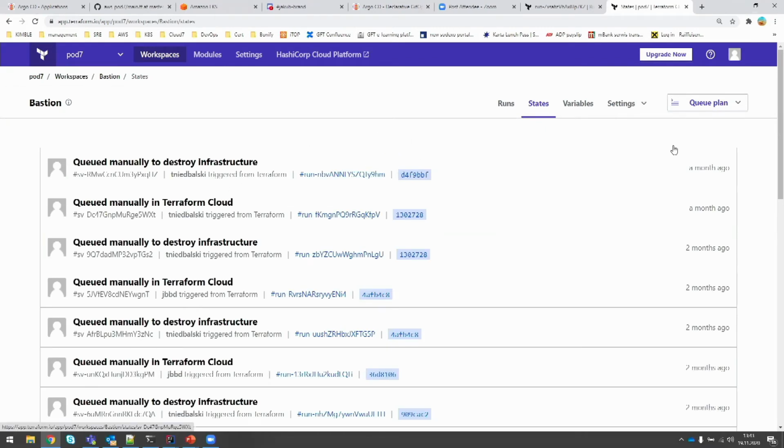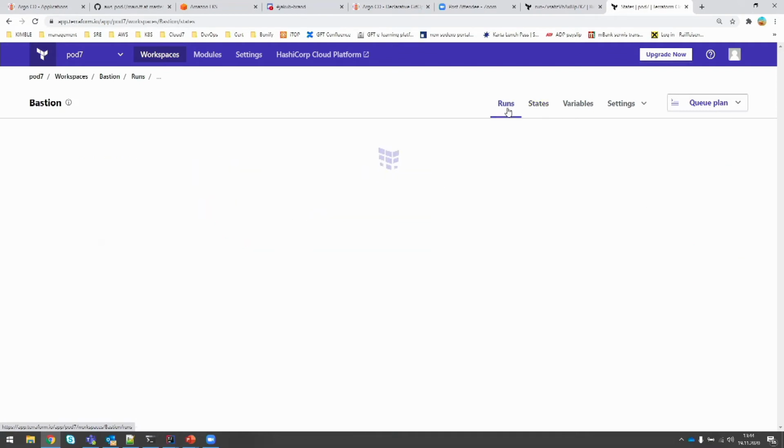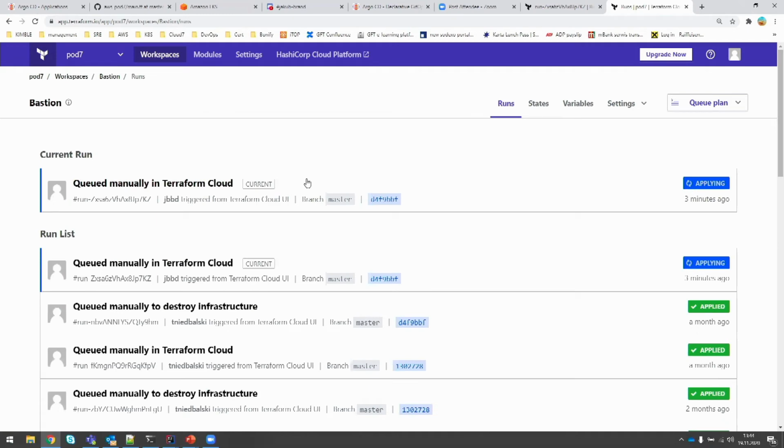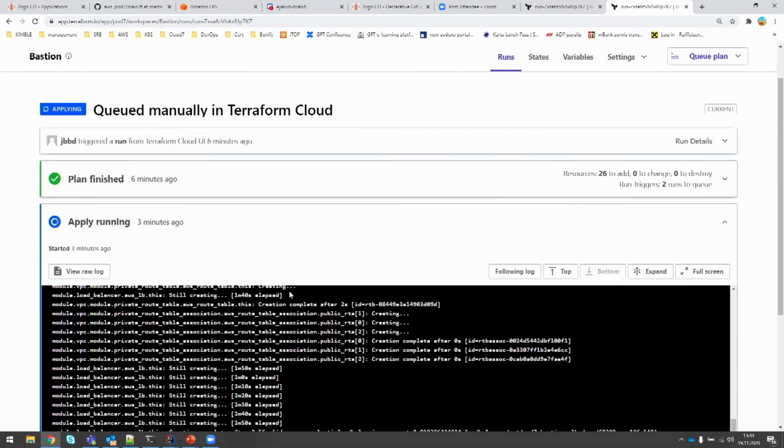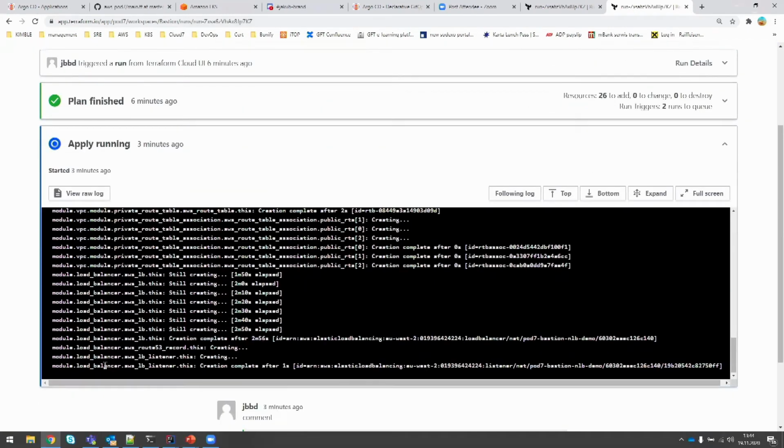As you can see, now let me move this around. The infrastructure was actually destroyed a month ago. So, 2 months ago it was built up, and a month ago straight away destroyed. So the state file is clear, nothing in it. The bastion is being applied. You can go over it and have a look. It's just doing some load balancers. I hope that everything is ready for it.